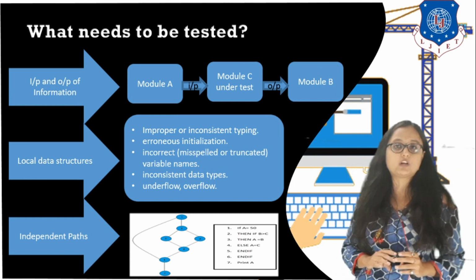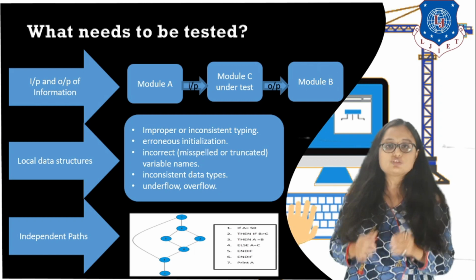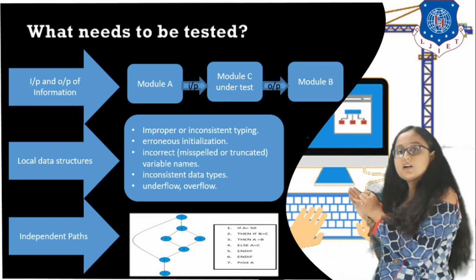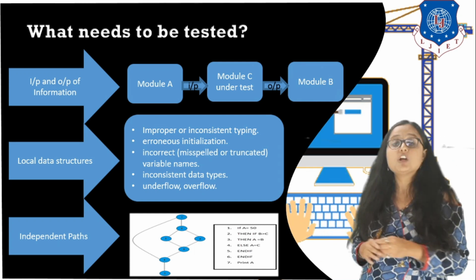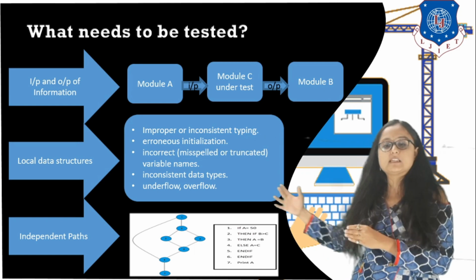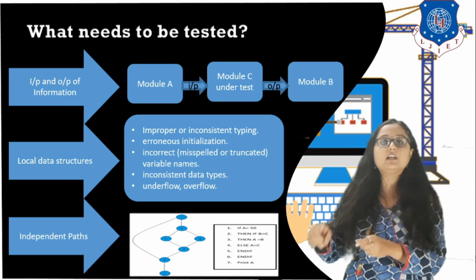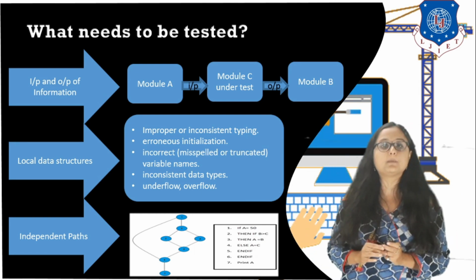It means while you are entering the data for testing, while running this program, you have to enter data for whether this if condition is true or not. So true condition data also you have to enter, and also the false condition, so that the path that will be followed will be the else condition, right? All the independent paths you can see in the graph, there are different paths that you can follow in this program. All the independent paths must be checked while unit testing, not a single path should remain, right?